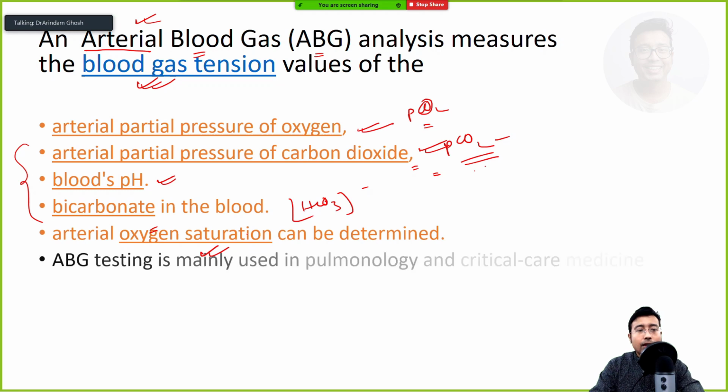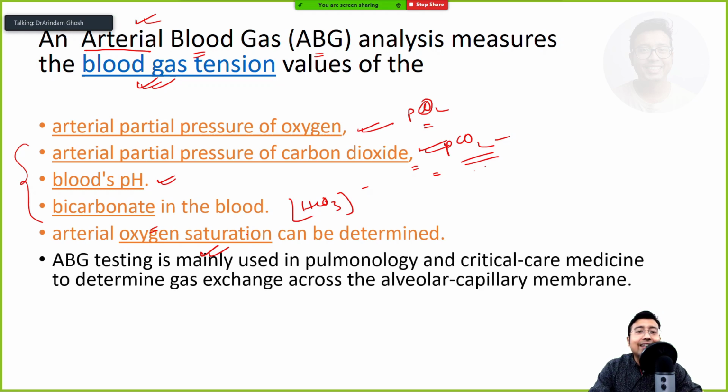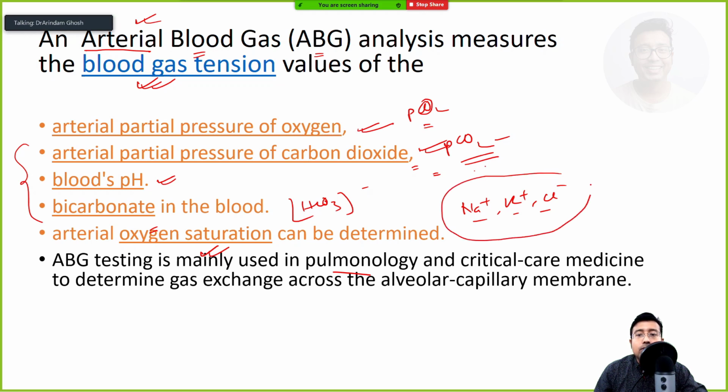So when it is done, it is naturally a lung function test. Primarily it is a lung function test. Definitely there is information about other systemic electrolytes. Not only bicarbonate, we will see in the next class, we can actually fit electrodes in the ABG machine by which we can measure sodium, potassium, chloride. So electrolytes can also be measured, but they can also be measured separately using an ion selective electrode, ISE machine.